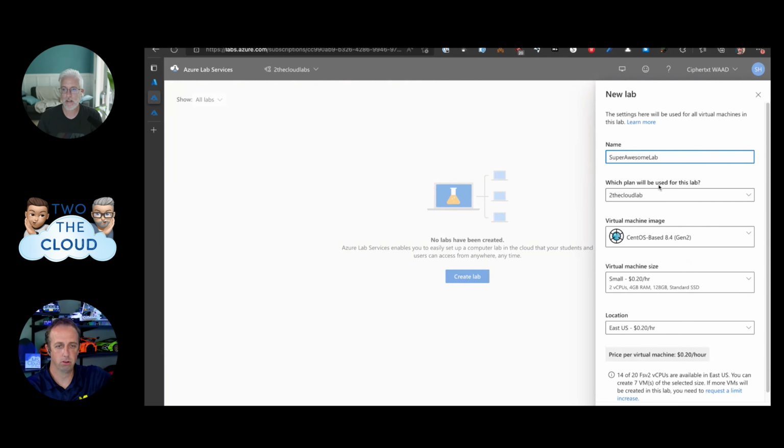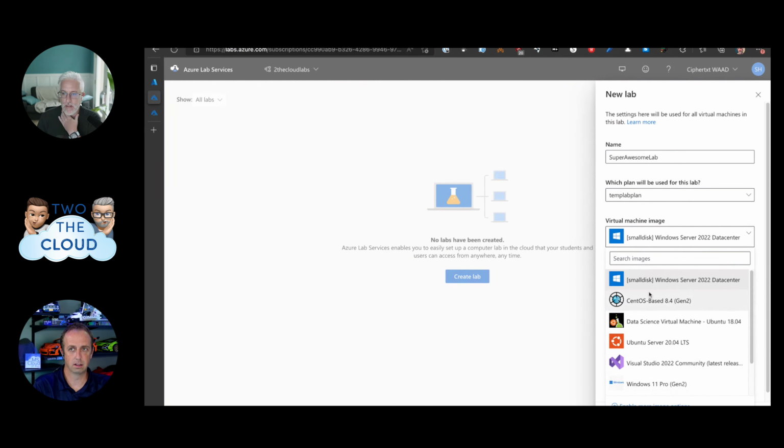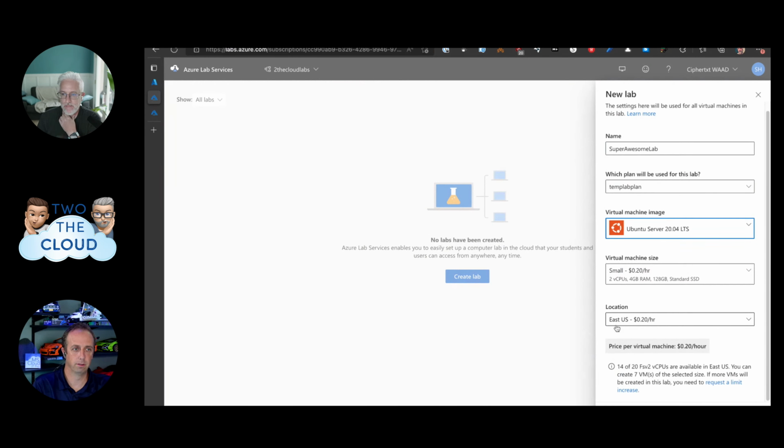While you're filling this out, this is only going to let you do a single VM. You can't stand up four or five VMs that are part of a lab that are all networked together. The only way, if you need more than one VM per student, is to do the nested virtualization, in which case you're limited to those eight CPUs.